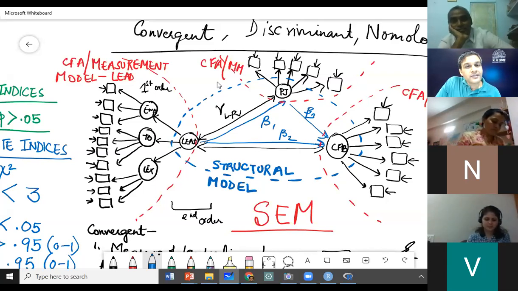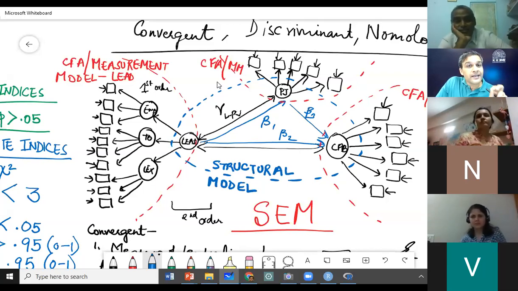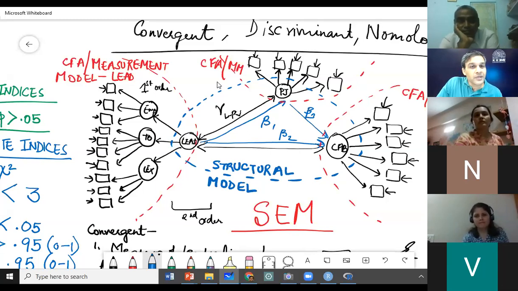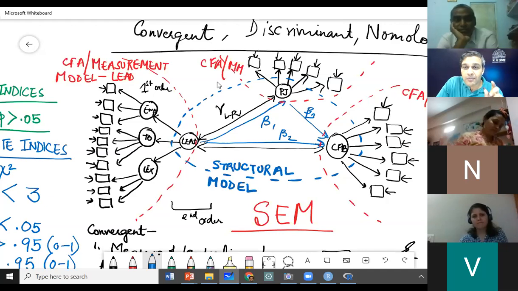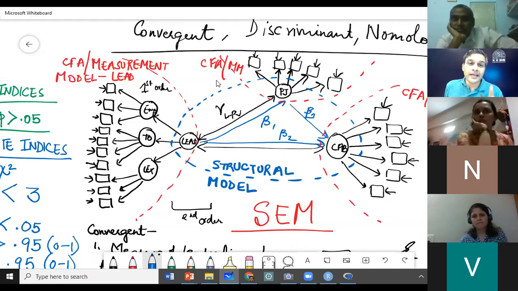What is an exogenous variable in this model, which is not getting determined in our model? PJ is getting determined by lead. CPB is also, you are seeing the arrow coming from lead. All the indicators are getting arrows from their latent constructs, so the indicators are also getting determined by their latent constructs. So what is not getting determined? It is only the circle lead. And anything else?